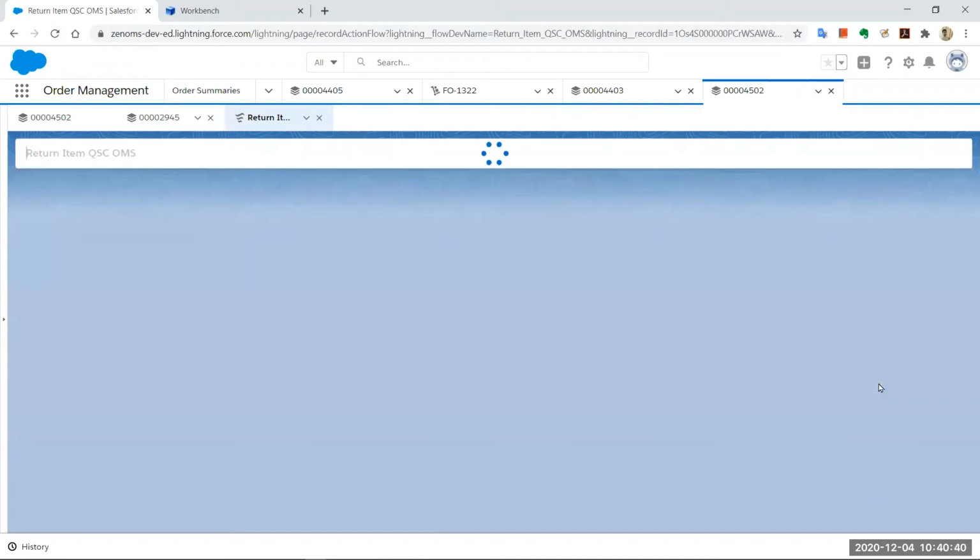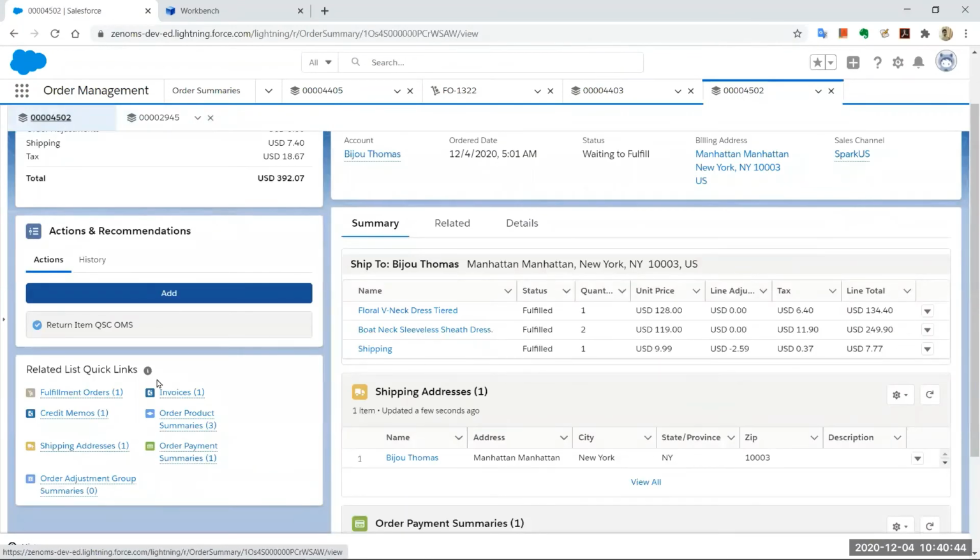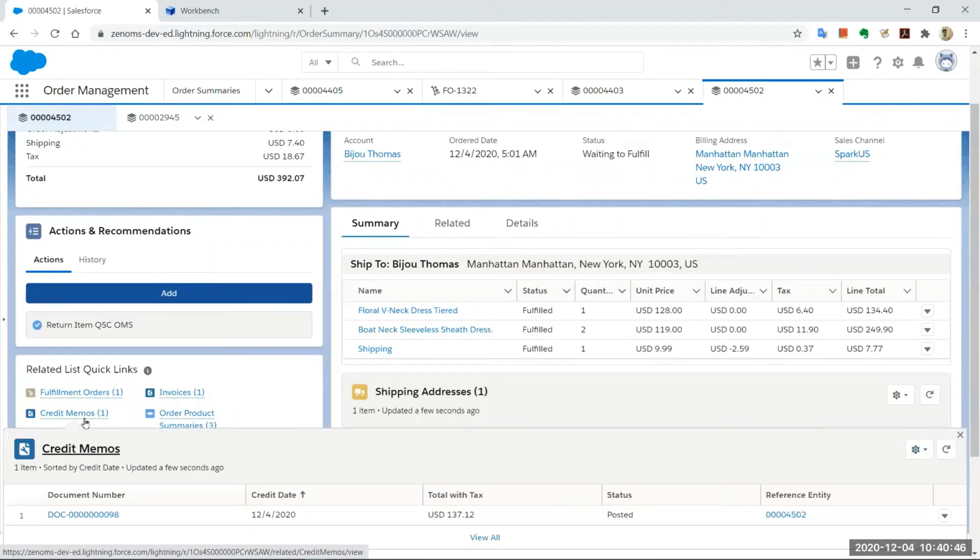And once he's done with it, if you go back to the order summary again, you can see there's a credit memo that gets generated, right? So your negative invoices, which knock off the amount from your invoice and your order amount, so you have these financial transactions that are also matched. So that is also something that comes as part of the offering, right?